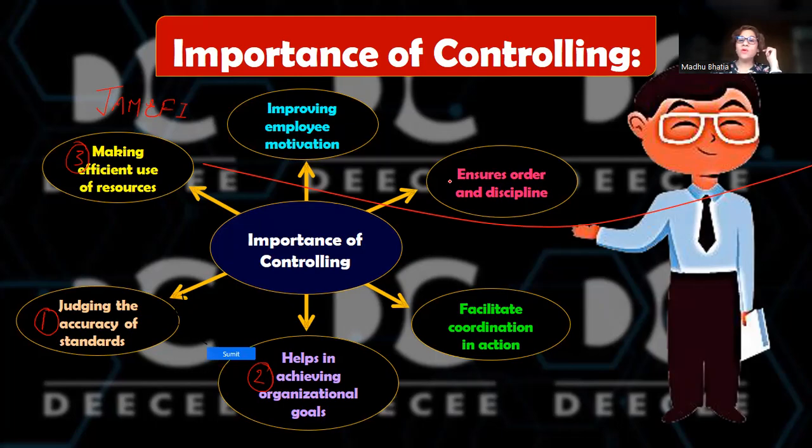E stands for order and discipline. It ensures order and discipline. Again, how does it ensure order and discipline? Because it keeps a close check that the people are doing the work in the right manner as they were supposed to do. And therefore, they don't allow any kind of deviation from the plans. And that is how it ensures order and discipline. F stands for facilitates coordination in action. It coordinates the actual performance with the planned performance and simultaneously keeps on removing